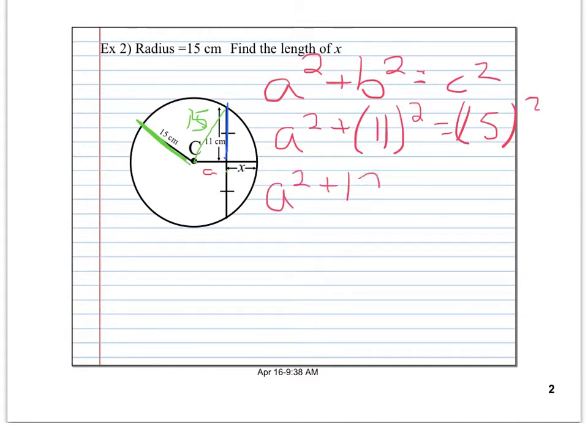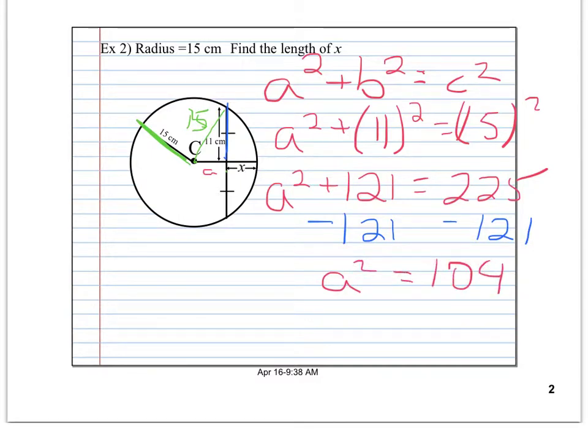Plus, 121 minus 225. Subtract 121 from each side. You're left with A squared is equal to 104. Take the square root. So you get the height of the triangle, answer of 10.2